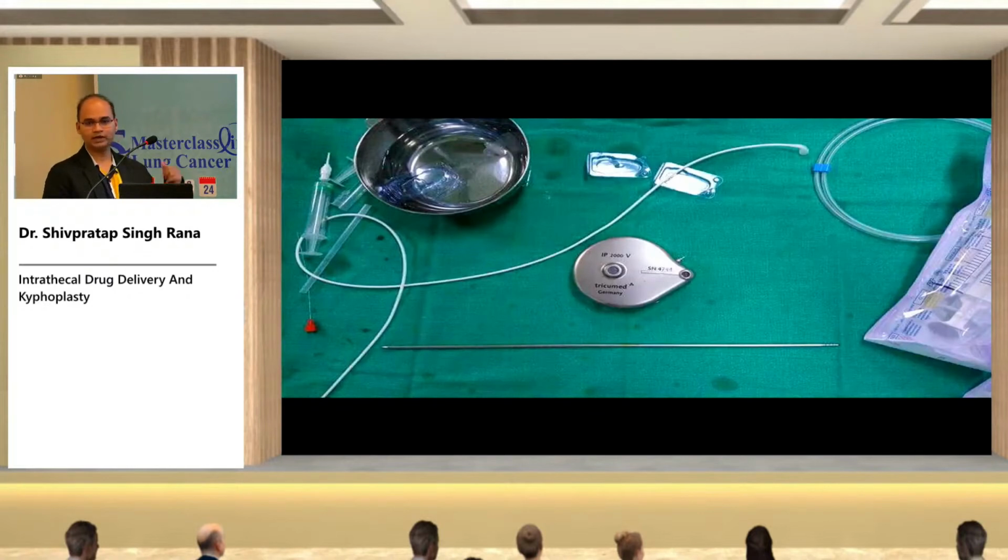Once you are in the intrathecal area, your CSF will come out. Just block that area, put the catheter inside, and always check with your C-arm where exactly the tip of the catheter is, because you can visualize it in the C-arm. These are the different components. This is the catheter. This is the pump we were using, Trichomed. We have also used